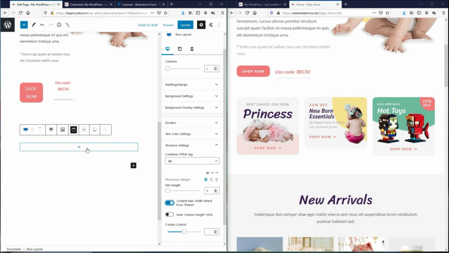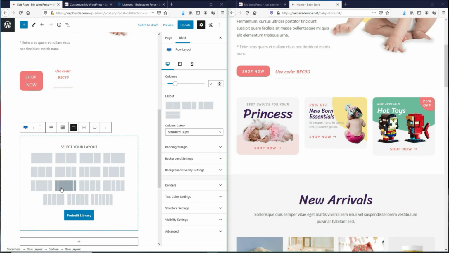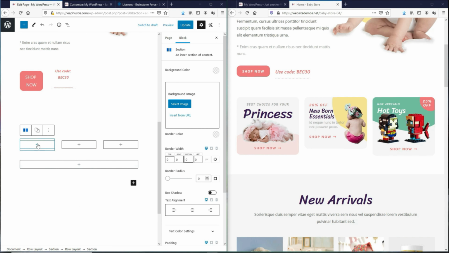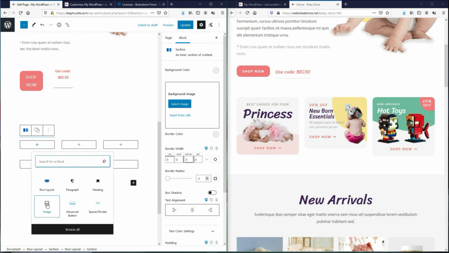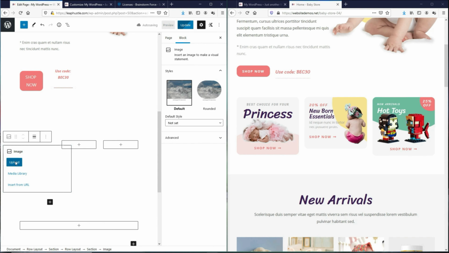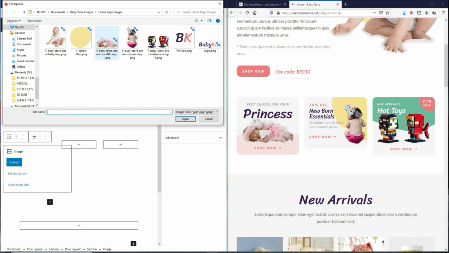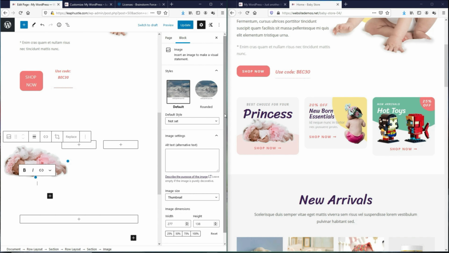And then once again, let's add another row layout. This time around, we want to select 3 equal columns. So on the first column, let us add an image first. Let's select the image block, upload an image. This is number 5. And then next, as you can see over here, there are 3 different colors of shapes,